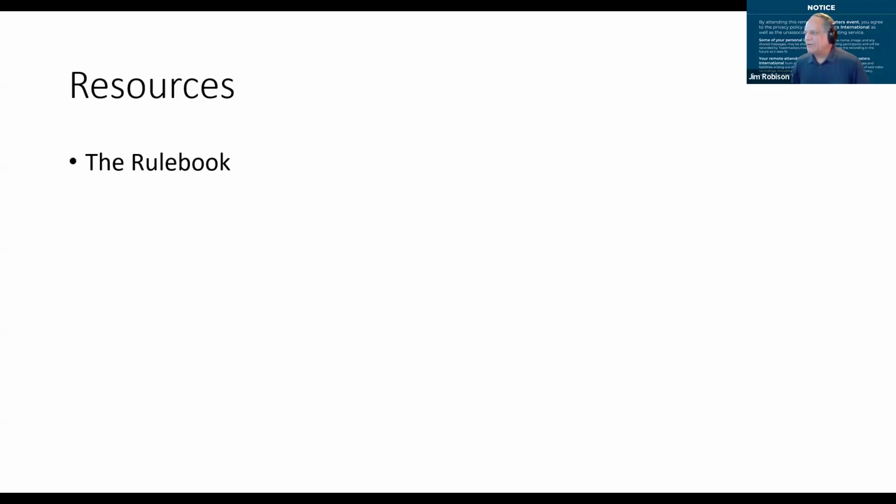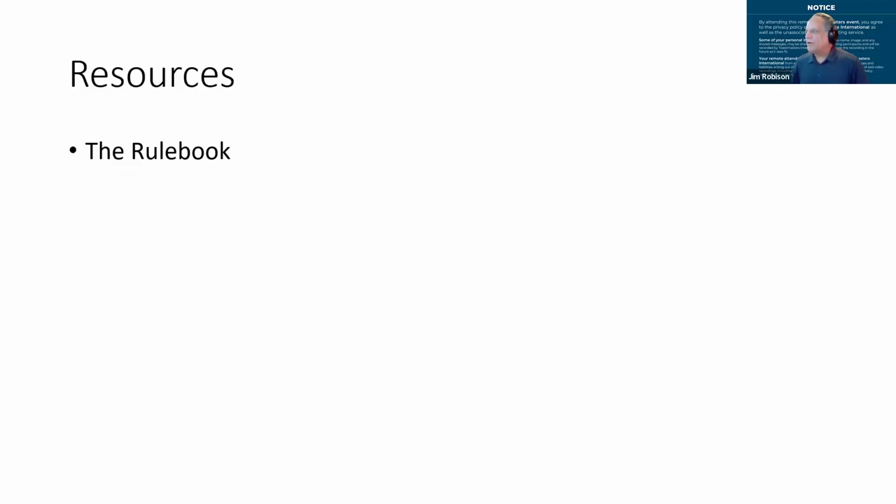I want to be clear about certain resources that are available to you. The rule book is your key resource. The contest rule book is what answers most questions that you have. If you have not read the rule book, you should do that now. You should do that before you serve as a contest chair. In fact, you should do that before you participate in a contest at any level, in any capacity. The contest rule book is available on the international website.